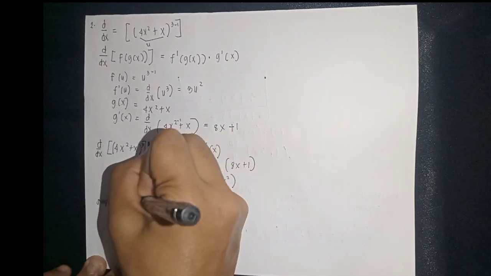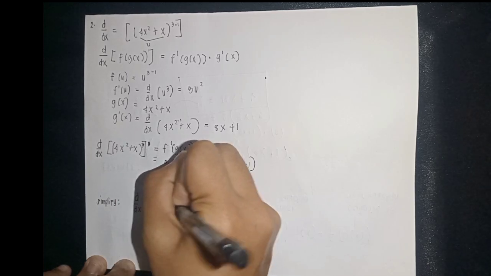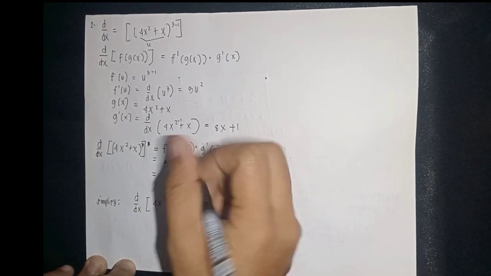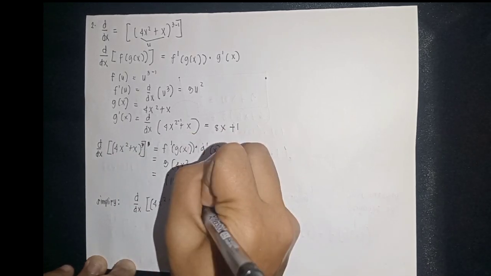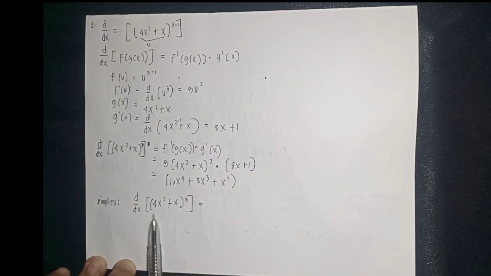So simplify. So we need to write the formula. So the derivative of 4x squared plus x raised to cube with respect to x is equal to,